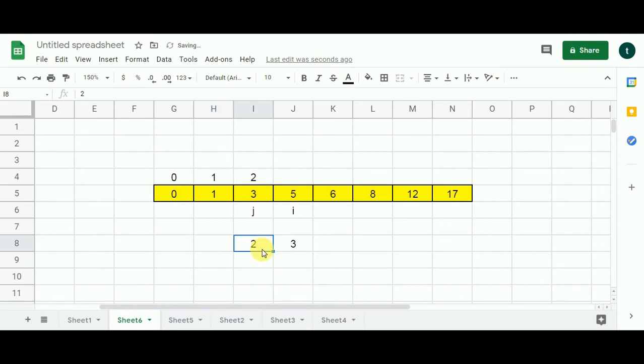Then I have 2. When 2 is added to 3, it takes the frog to the next stone. Now the next stone is also within the reach of the frog. So this possibility is considered. We don't have to consider the next possibility now, because it is certain that the frog can progress to the next cell. So I am going to place 2 over here. That's my last jump.